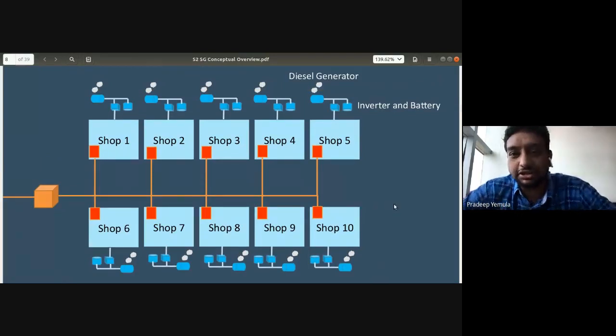Each shop will have its own diesel generator, inverter, and a battery system. Now, when there is a power cut, what happens? The power is gone, and they switch on the generator, and the generator starts burning diesel and generating power. Now, my question is, now we have backup, but is there any disadvantage with this? Can the situation be improved? How to improve the situation?